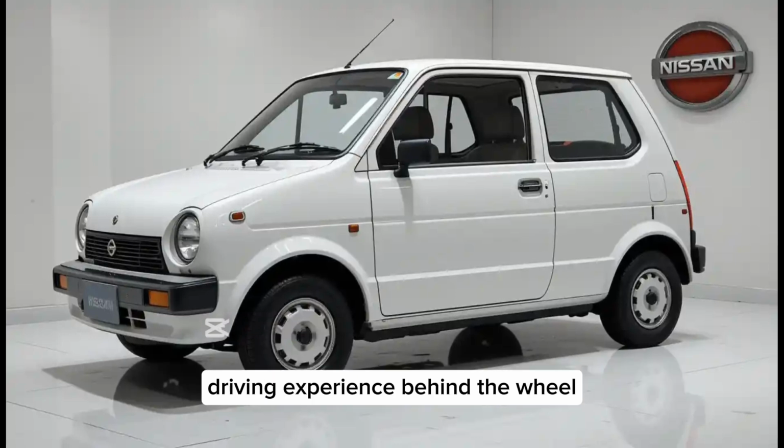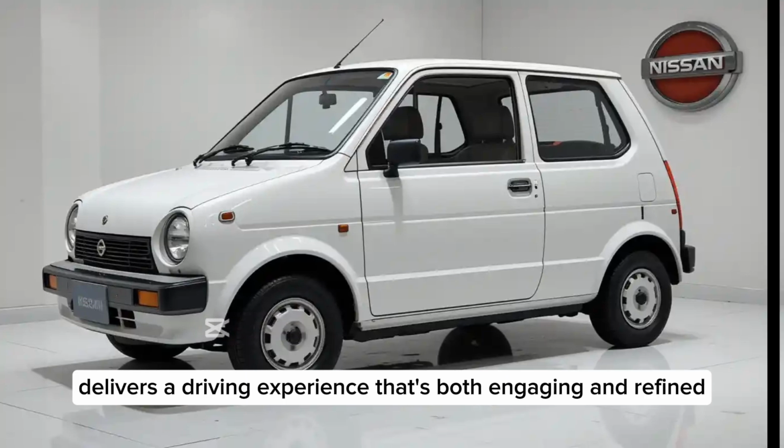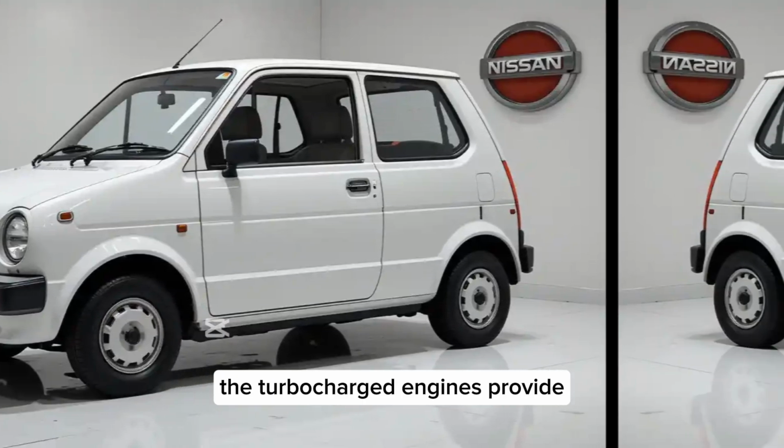Driving experience. Behind the wheel, the 2025 Mini Cooper delivers a driving experience that's both engaging and refined. The turbocharged engines provide ample